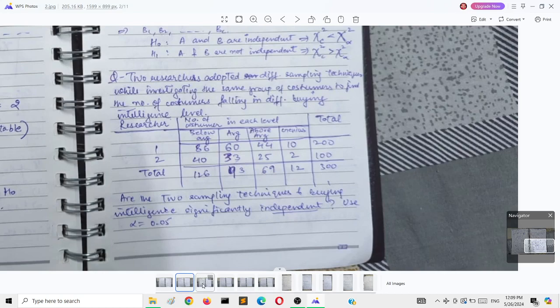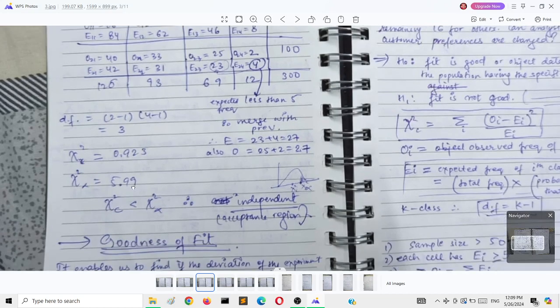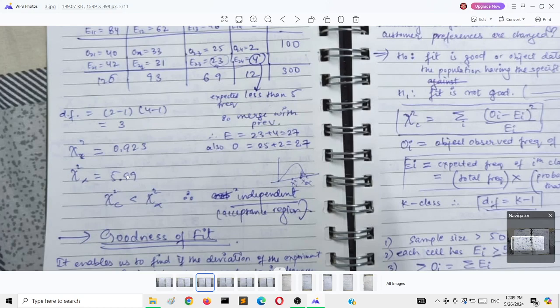Now how do you calculate the degree of freedom? That's (r minus 1) multiplied by (c minus 1). R here is the number of rows, which is 2, and C is the number of columns, which is 4. So 2 minus 1 is 1, 4 minus 1 is 3, so the degree of freedom is 3. You will look into the 3 degrees of freedom column from the chi-square distribution table, and from the table you will see that the value is 5.99, and 5.99 is far greater